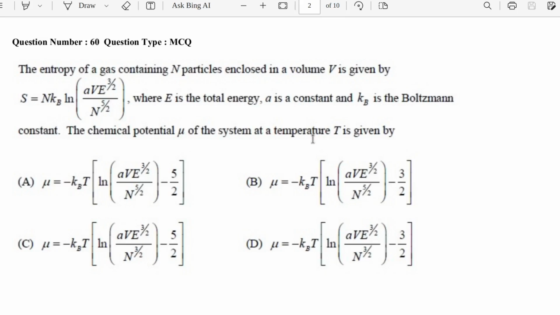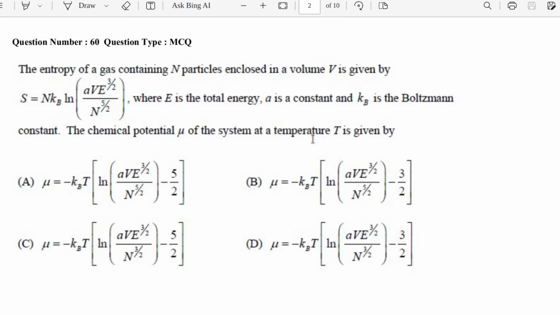Option A: mu equals minus kB T ln[AV E^(3/2) / n^(5/2)] minus 5/2. Option B is mu equals minus kB T ln[AV E^(3/2) / n^(5/2)] minus 3/2. Option C is mu equals minus kB T ln[AV E^(3/2) / n^(3/2)] minus 5/2, and the D option is mu equals minus kB T ln[AV E^(3/2) / n^(3/2)] minus 3/2. So in this question,